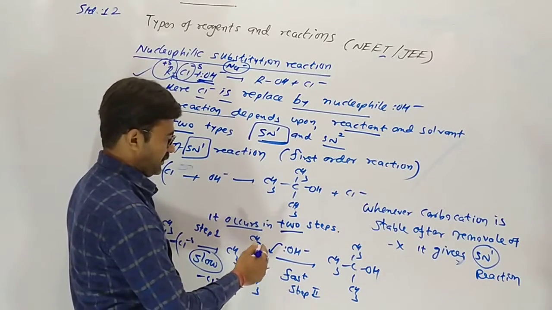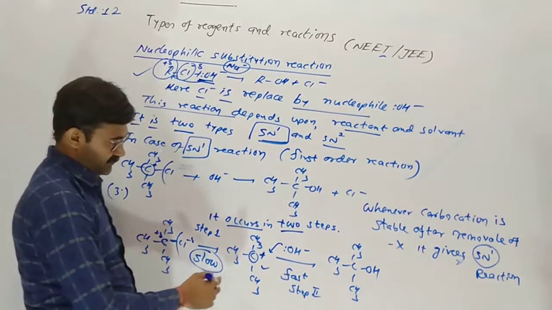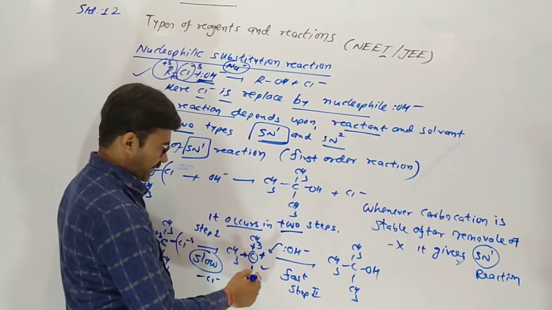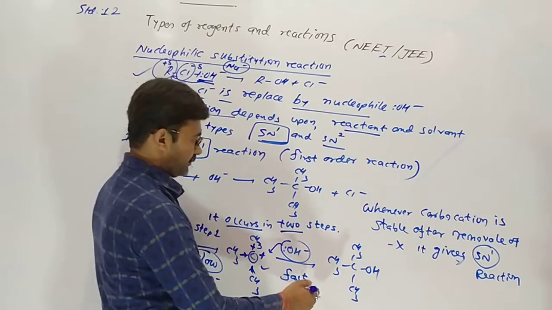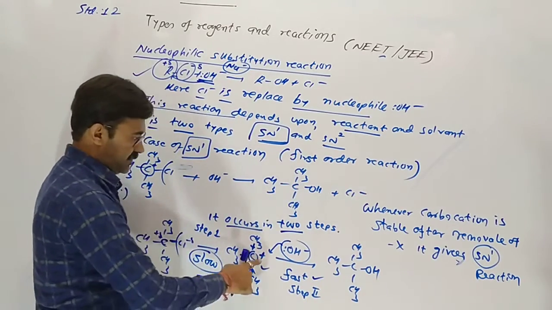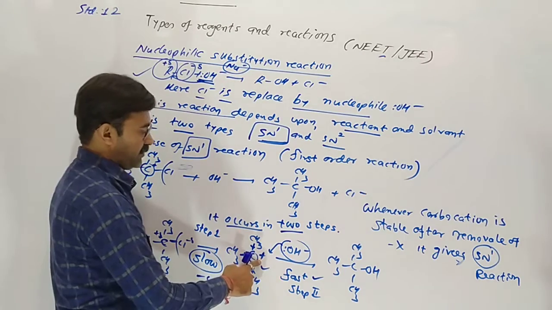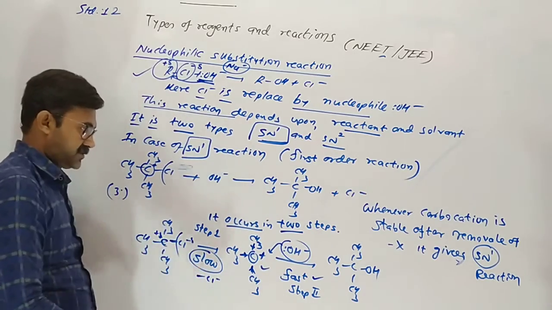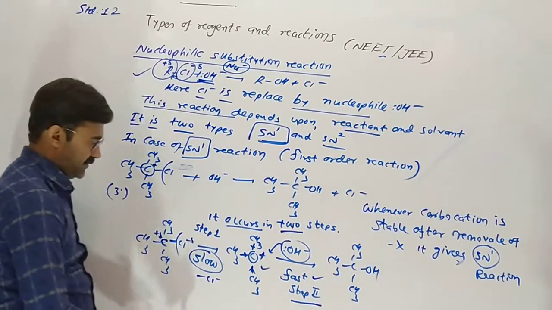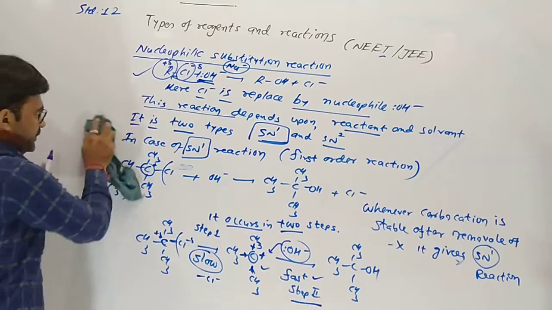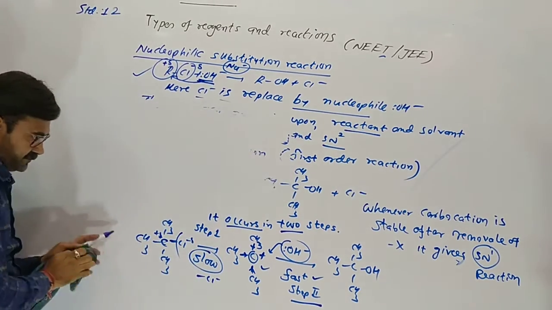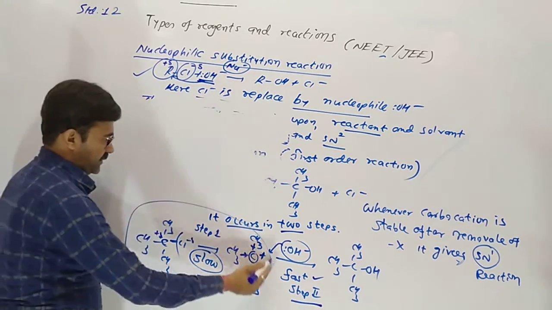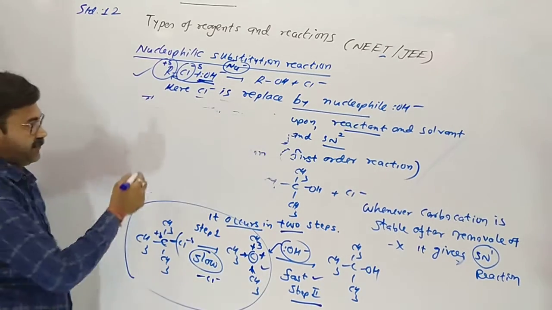After the positively charged carbon forms, which is stable, the attack of the OH minus group occurs on that carbon. This is fast. Why? Ionic attraction, completely positive, completely negative. So which one is faster, and which one is slower? The first one is slower. So due to chemical kinetics, the slower step is the rate determining step.